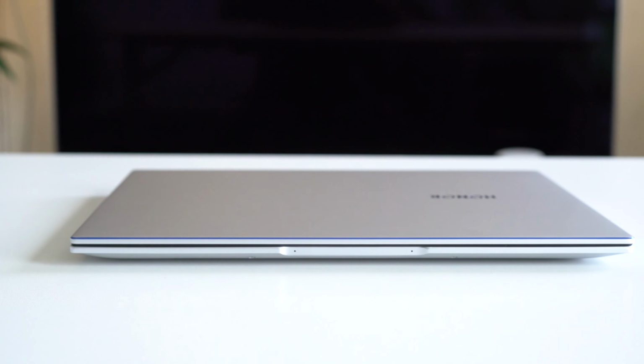And in my hand, I have the Honor MagicBook 14, which I've been using for a while now, and we're going to get into it and see what it's all about and if it's good for you and what my